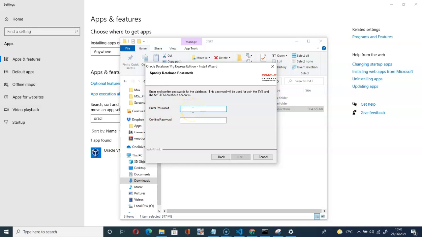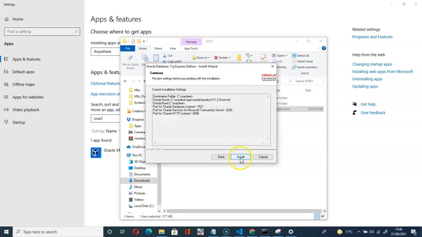So here, choose a password. Remember this password, please. You can use PASS as your password. Confirm the password, PASS. Please try and remember this password. It is very important. And equally, the username should be either SYS or system. But I believe SYS will work. In some cases, maybe system will work. So know that the password should be this one you added here, and the usernames should be either SYS or system. So click on next,